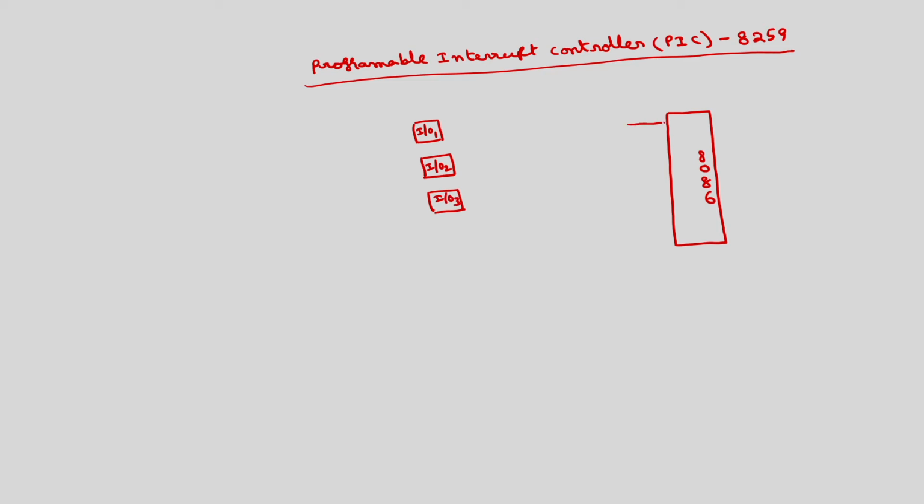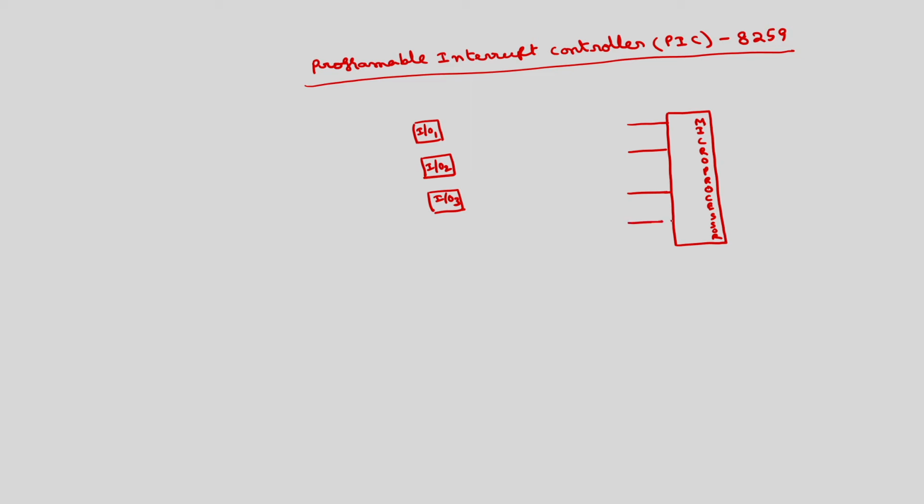Suppose the number of interrupts is more than or equal to the number of IO devices. Suppose I have 3 interrupts, of course in 8086 we have 2 interrupts only, I will call it a general microprocessor. First I will explain the concept, so I will just call it a general microprocessor, because this 8259 is compatible with 8085, 8086 and some other microprocessors also.